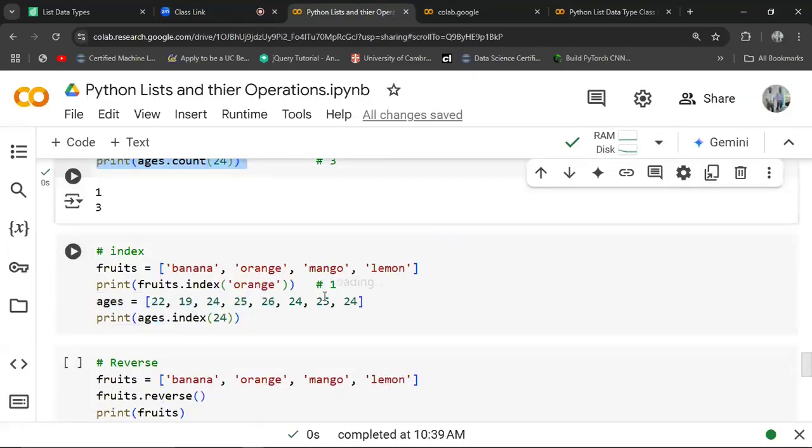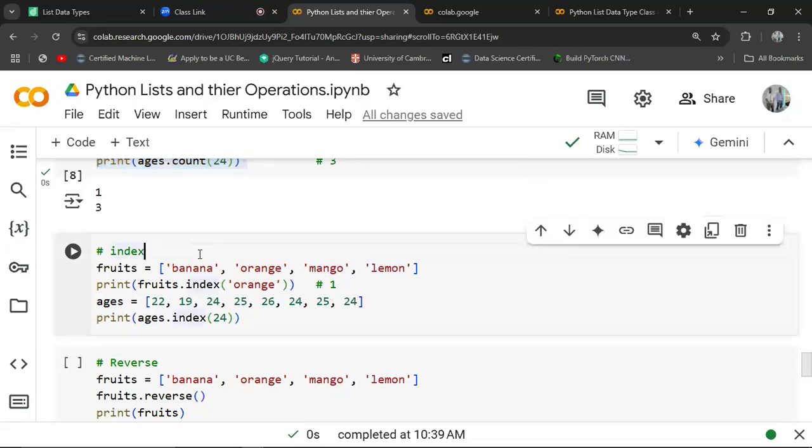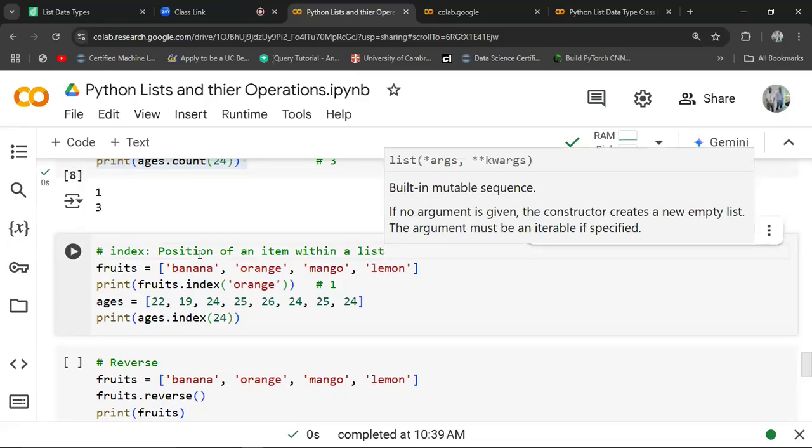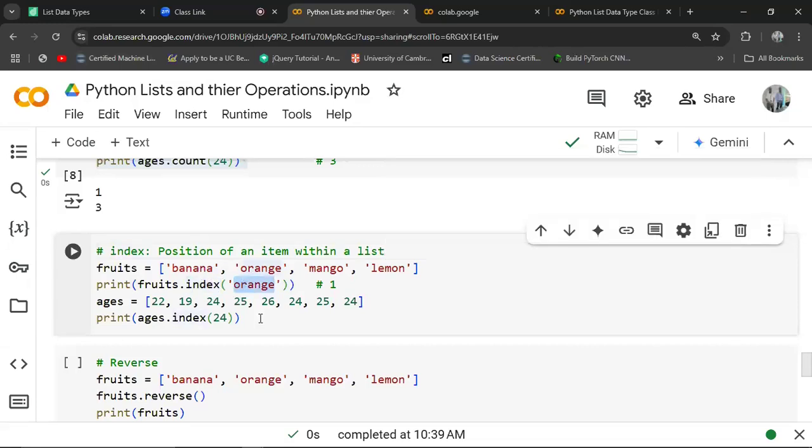From there, we have index. As you can see, the index returns the index value. So index returns the position of an item within a list like that one. So the index returns which position an item belongs to within a list. For example, if you say, I want to see the index of orange, then orange is at index 0, index 1. Okay, so if you run this one here,